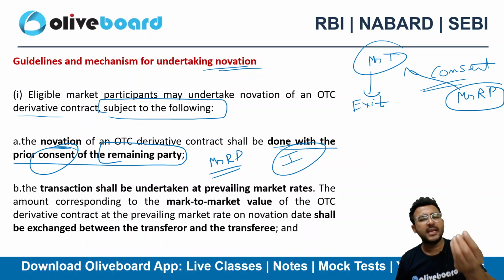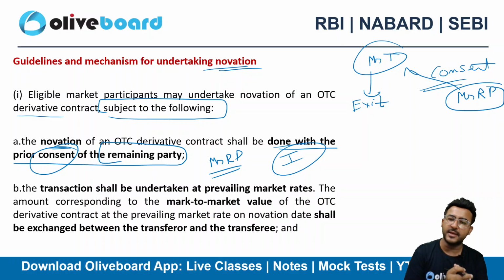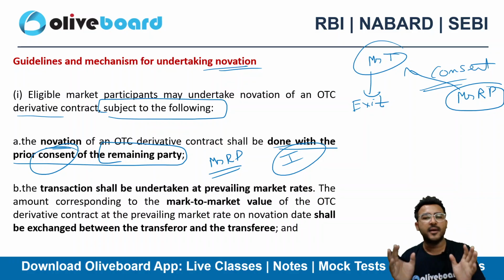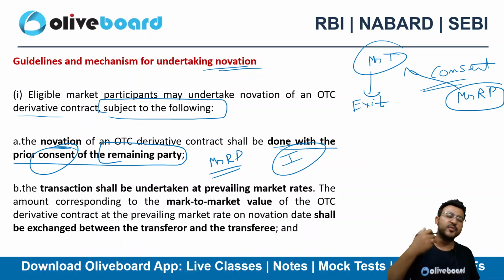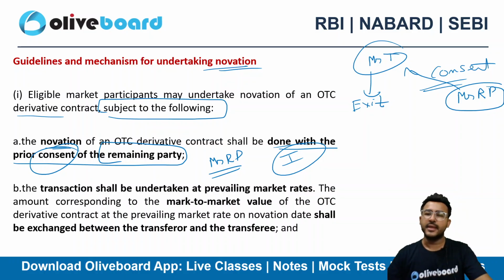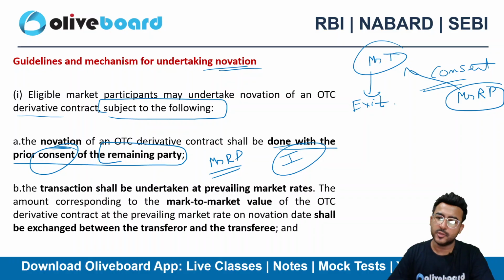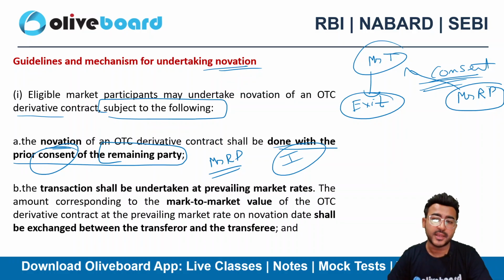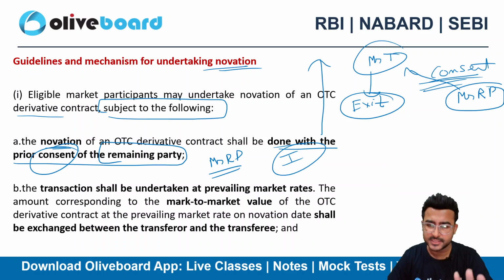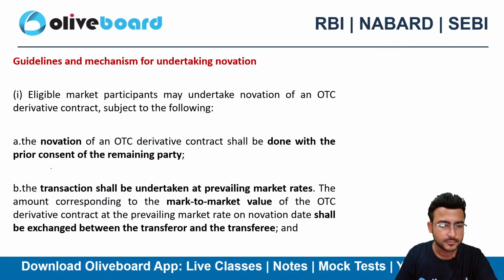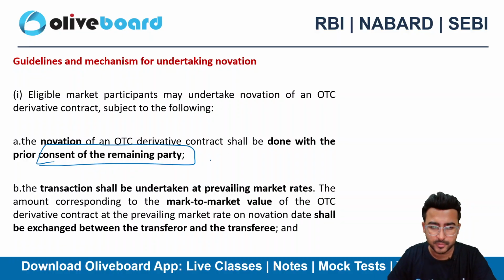सो आरबीआई यहाँ पे क्लियरली बता रहे हैं, सर ये तो बहुत ऑब्वियस सी बात है कि कंसेंट लेना पड़ेगा. अरे मान लिया ऑब्वियस सी बात है, पर लिखा हुआ होना चाहिए ना, डॉक्यूमेंटेड होना चाहिए ना. नहीं तो मिस्टर टी तो बोलेंगे कि लिखा हुआ ही नहीं था, आई एम एग्जिटिंग द कॉन्ट्रैक्ट, there is nothing in writing. So RBI is clearly saying here that if you want to go out you can go. ठीक है, खुशी खुशी जाओ, पर कंसेंट होना चाहिए. किसका? रिमेनिंग पार्टी का, कि मैं बाहर जा रहा हूं और एक नई पार्टी अंदर आ रही है कॉन्ट्रैक्ट के. First thing should be consent of the remaining party. Okay, so do remember this.